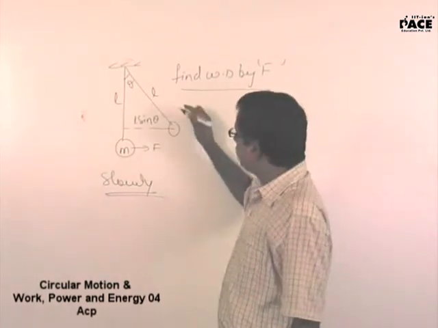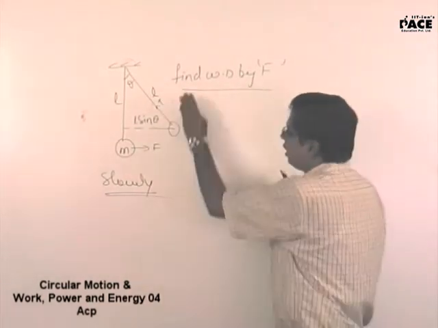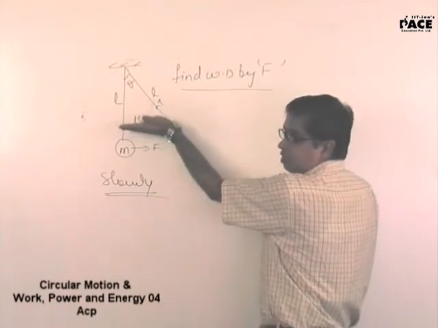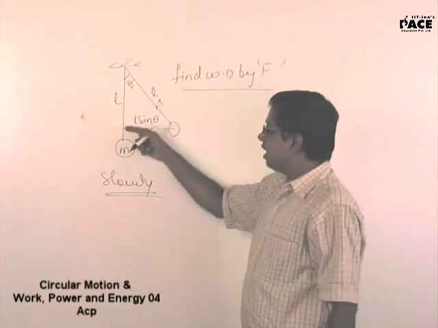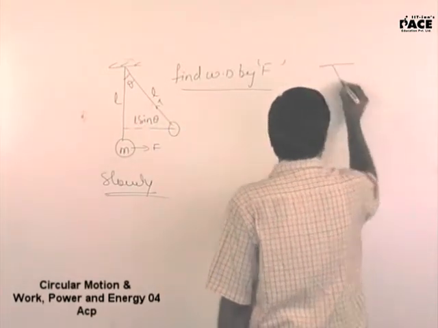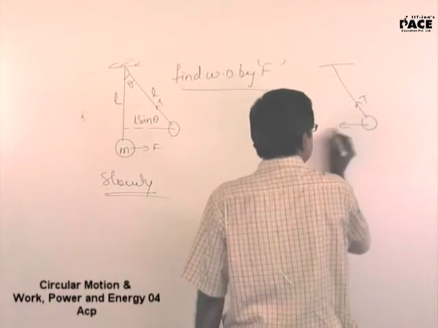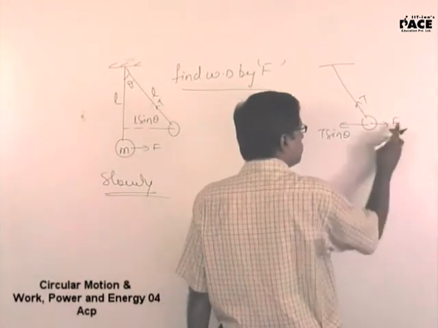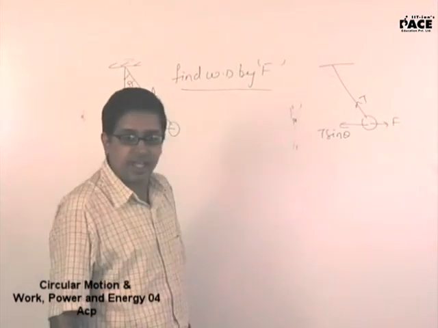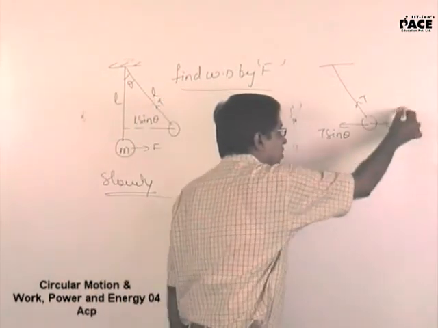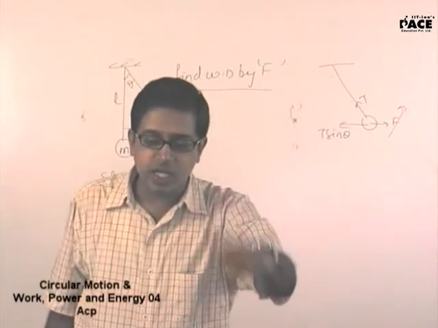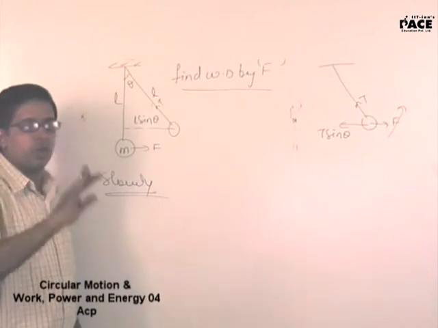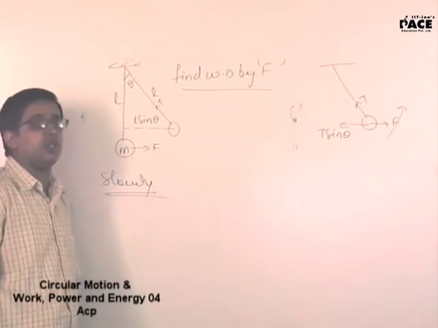Because as this is moving towards the right, this will be the tension T. The force in the horizontal direction is T sin theta, and T cos theta is vertical. Now T sin theta is changing. Have a look at it. T sin theta is changing as theta is changing. If I want this to move with uniform speed, F should be equal to T sin theta. That means F is a variable force. So taking force into displacement is a meaningless job. Firstly, did you understand the mistake in taking force into displacement here?